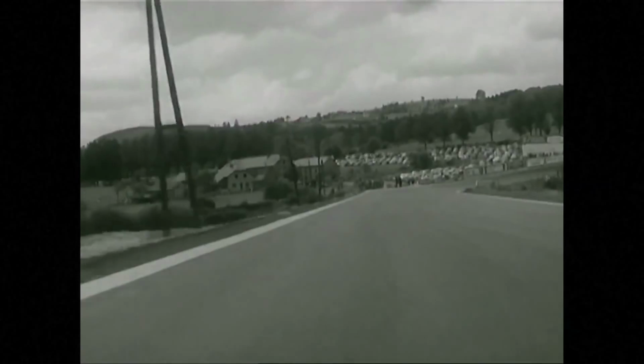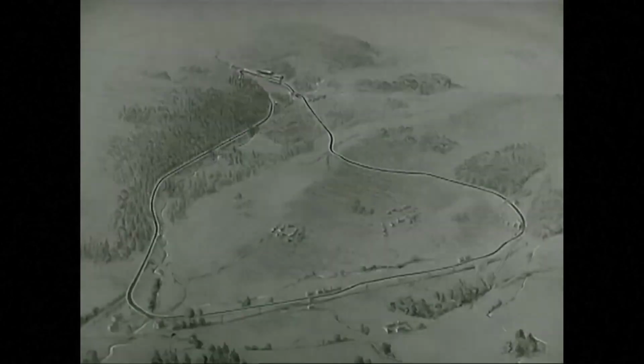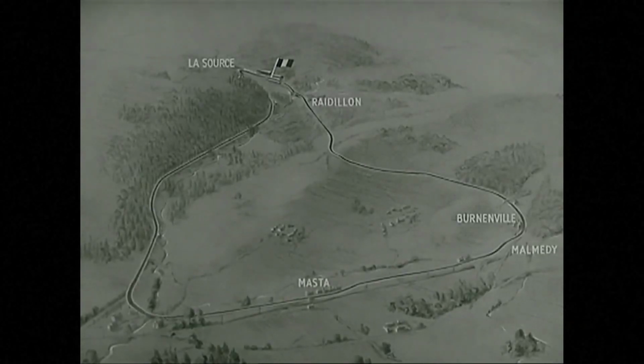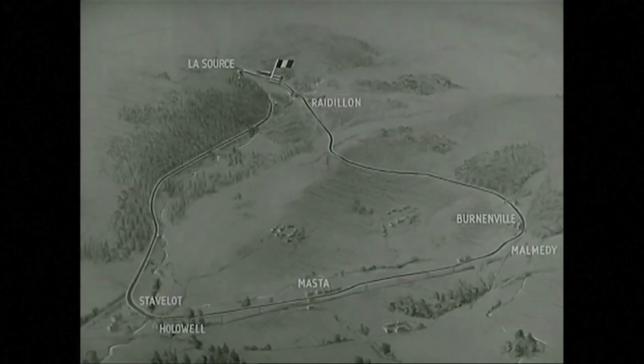Yes, we are on the Francorchamps National Circuit, near the town of Spa. 9 miles of ordinary country roads form a triangle that is one of the finest and fastest motor racing circuits in Europe. At the apex of the triangle, the hairpin of La Source and the start of the circuit. To the right, the curve at Bournonville, then Malmedy Corner and the fast Master Straight. At the foot, Stavelot Corner, and finally, past La Carrière and Blanchimont, the difficult climb to La Source and back